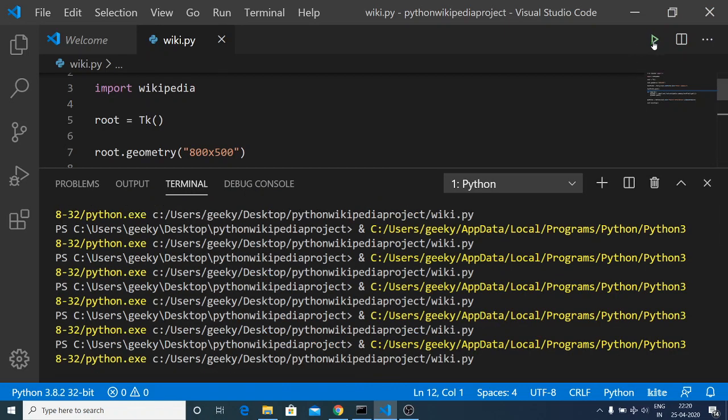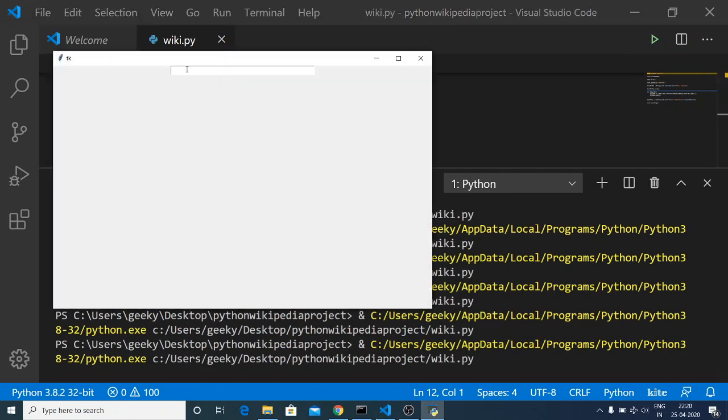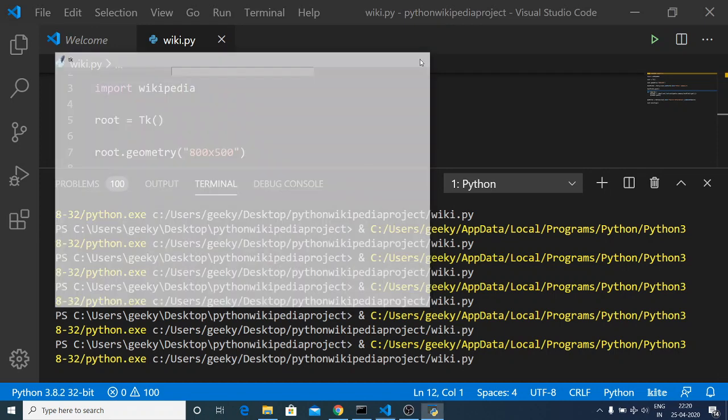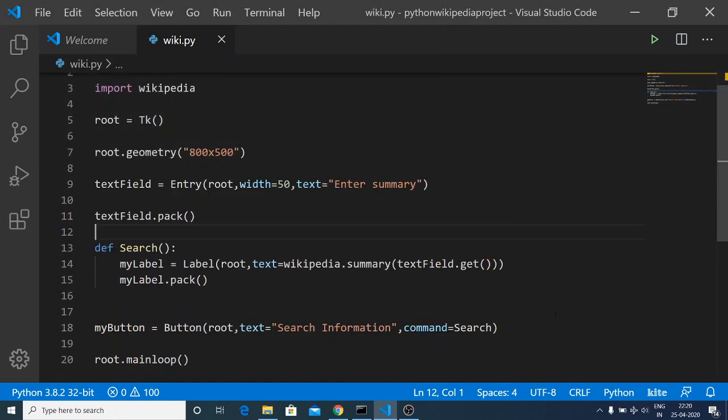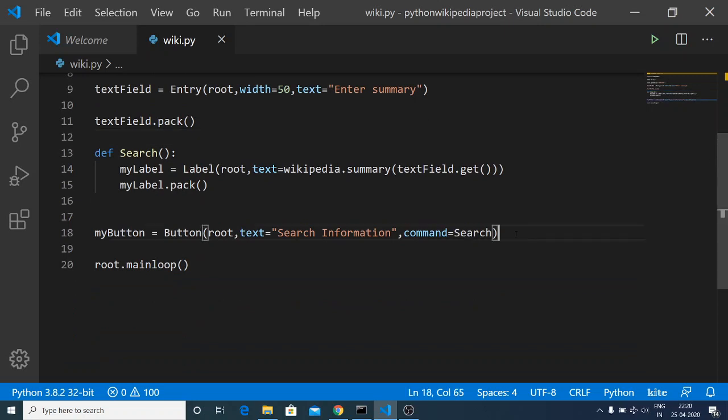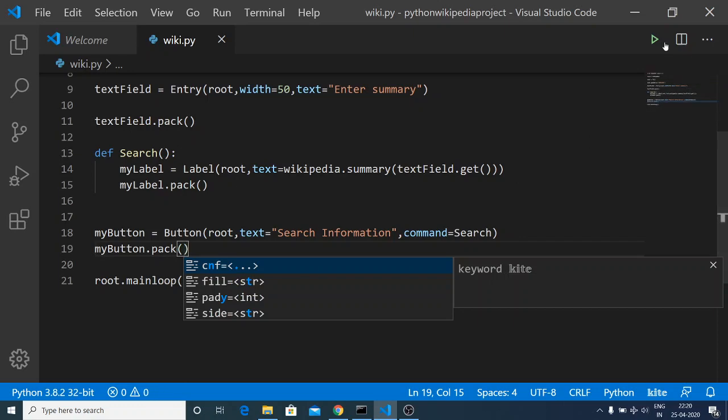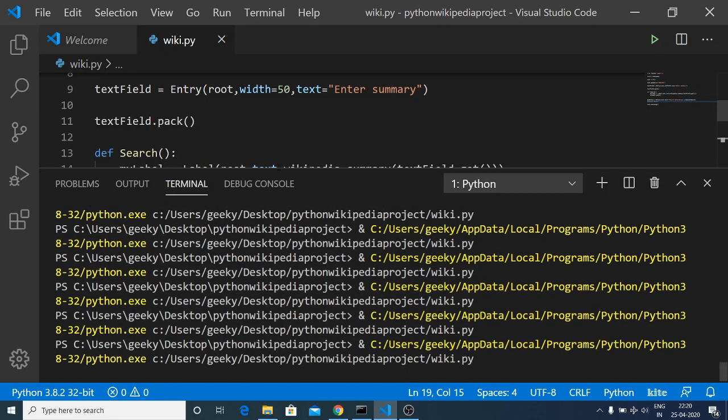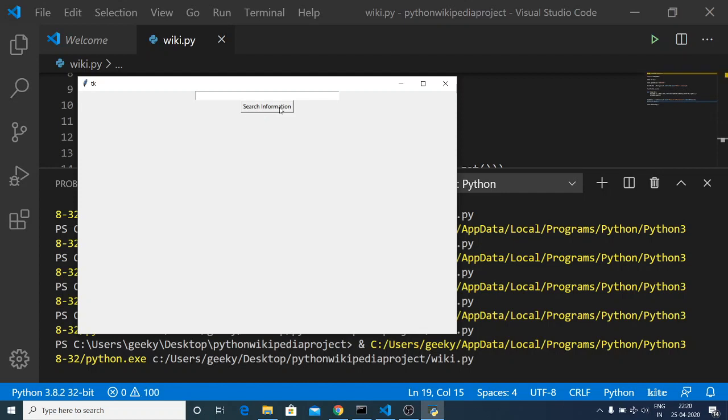This is a very basic application. Let me just run it. So you will see the button is not appearing because we haven't invoked the pack method. So every time you add a new element, you need to use the pack method in order to add it to the screen like this. So now if I refresh it, you will also see the button which is appearing right here on the screen, search information. Now I need to enter a topic, let's suppose programming. Click on search information and you will see it will grab some of the lines which are there inside Wikipedia. You can see that these are the lines it is grabbing and displaying inside the window.